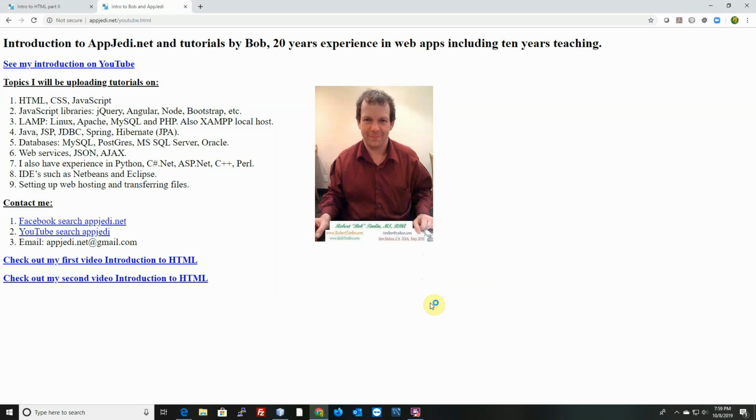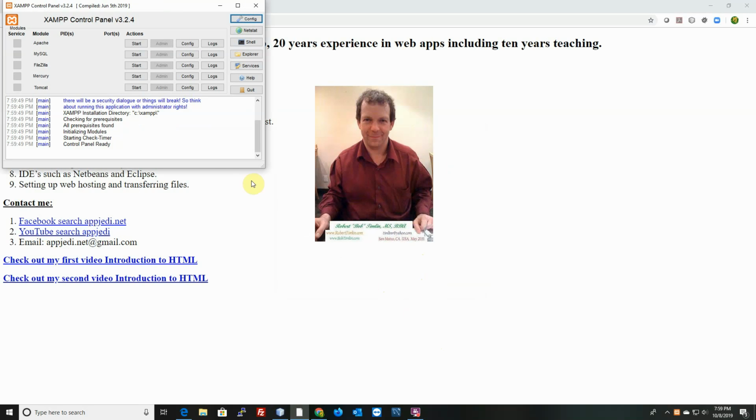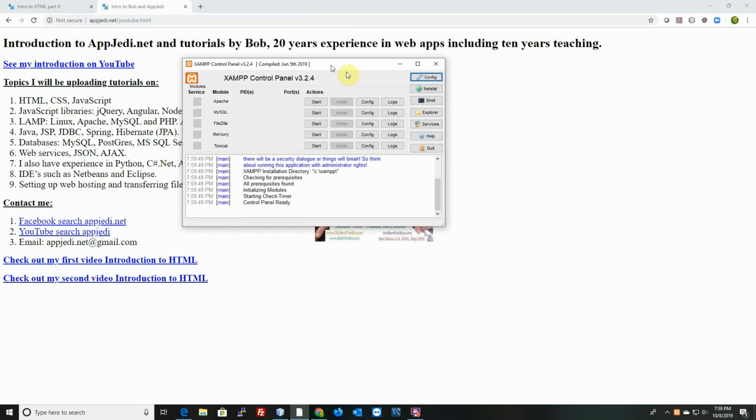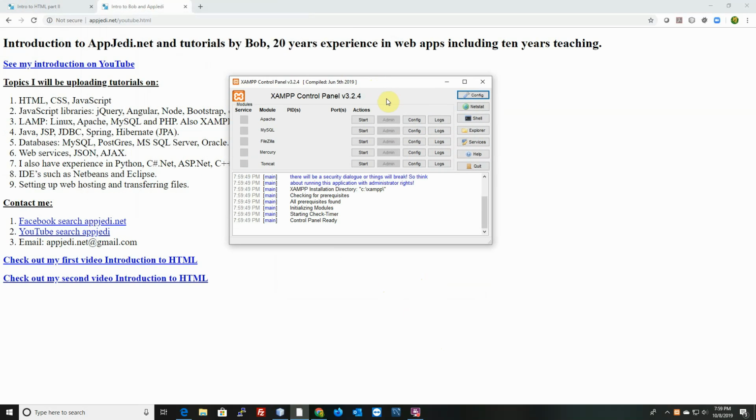Okay, so this is done. Save. Okay, now what happens is this is going to bring up the control panel for XAMPP. Now we can start Apache. That's what will let you run the PHP. Now we're going to also have to download Notepad++,